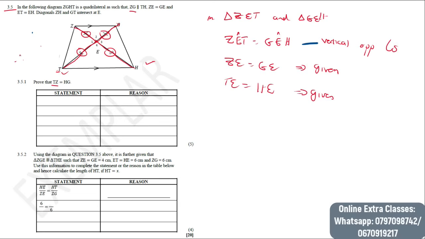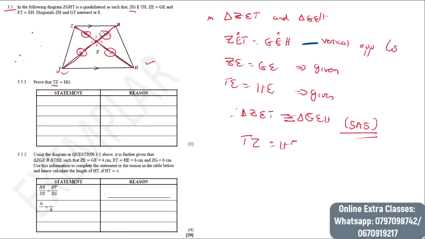Therefore, once we prove that, we can say that triangle ZET is equal to triangle GEH. So we can say that therefore they are similar, and the reason for that will be SAA. So this will be our reason, right? And then if these ones are similar, it means that now we can come and say, therefore TZ is